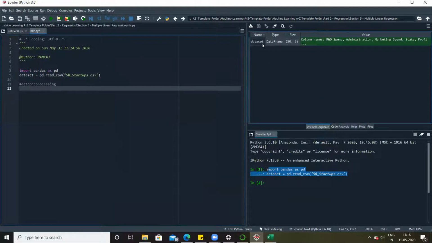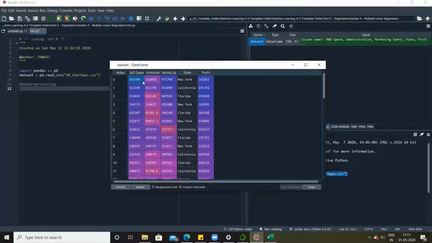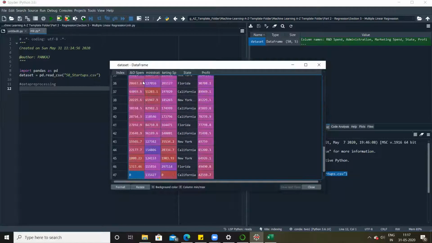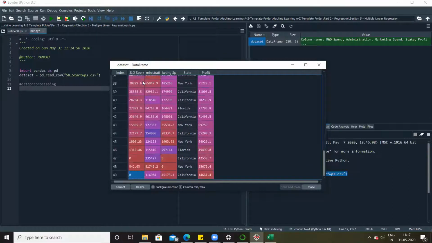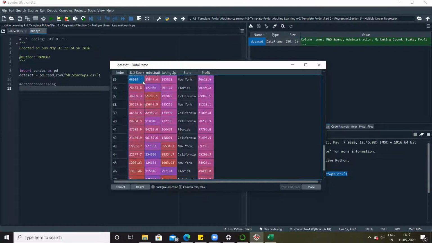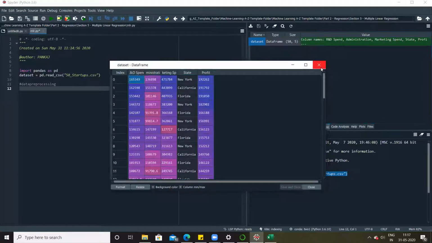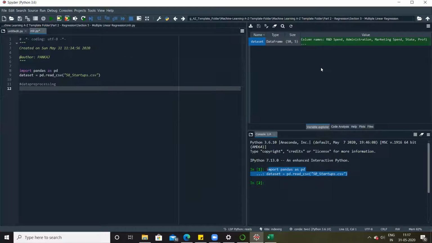But in this case, we only had 50 rows, right? So that's why we were able to verify it manually. But what if there are 10 lakhs or crores of rows in this data set? Then verifying manually whether it has missing data or not is a huge task. You guys agree with me on this? Can you confirm it on the chat window? Yeah, thanks, Amay, for confirming it. What about others?